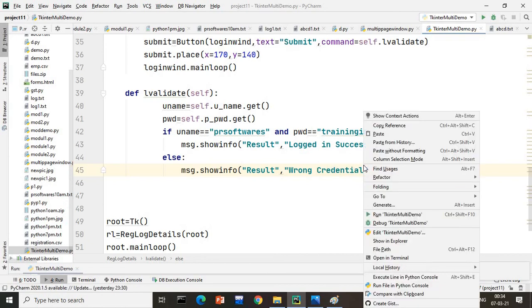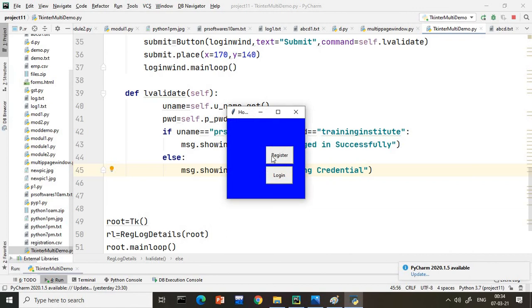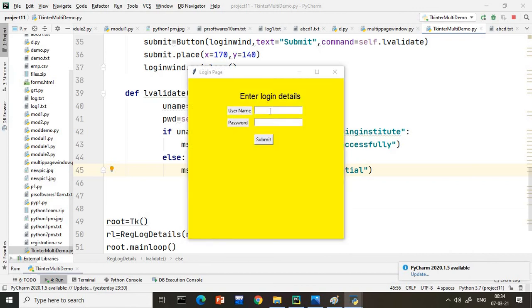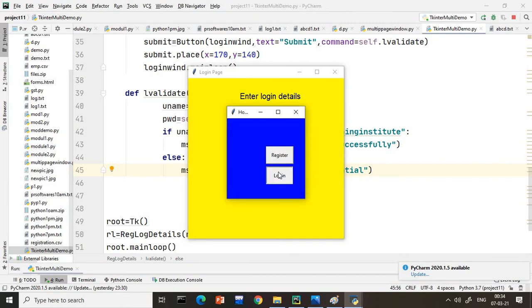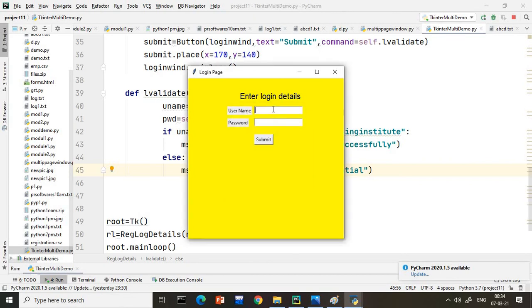Now you see whether it is working perfectly or not. So I will open the login page. I will not give the correct details. I am giving Prem and PR Software, which are both not correct, so wrong credential is coming. Now if I want to give the correct credential, what to enter here?